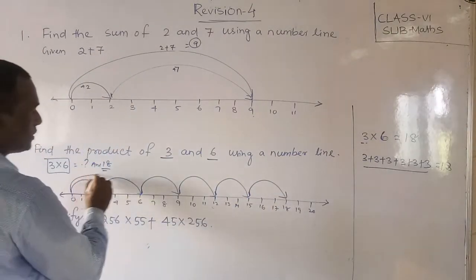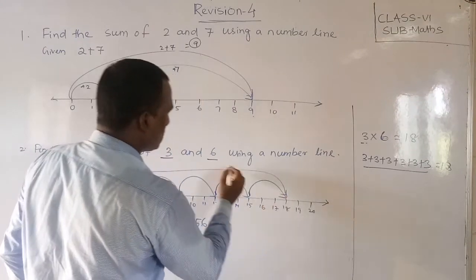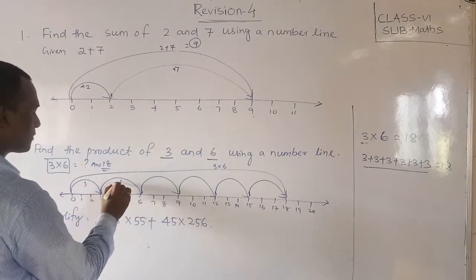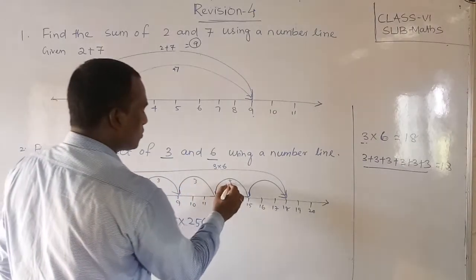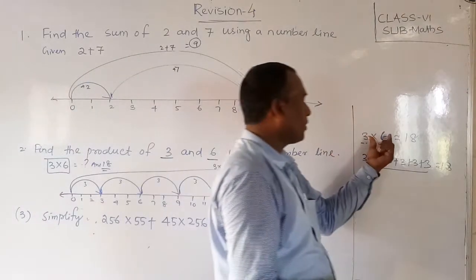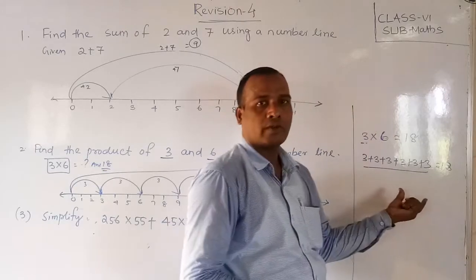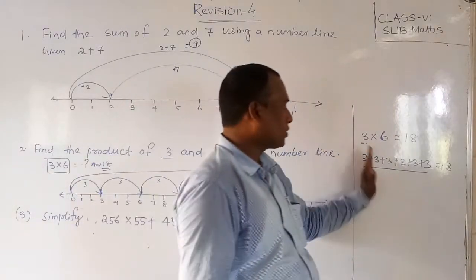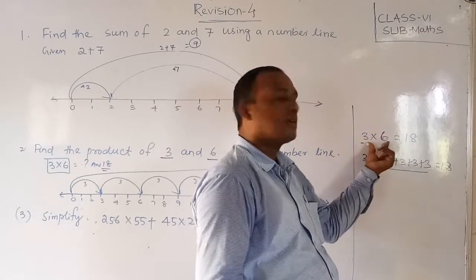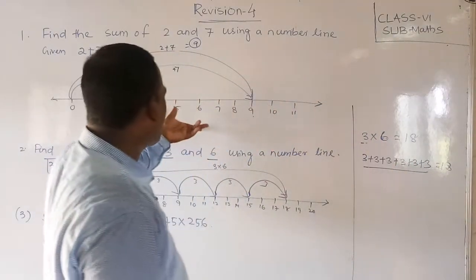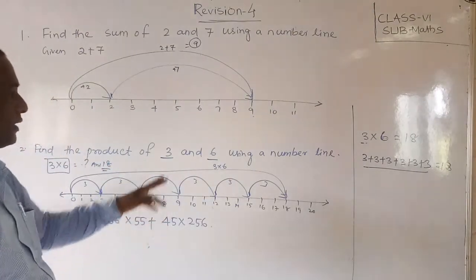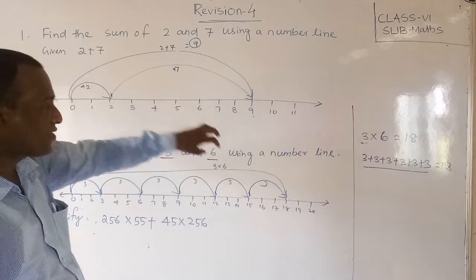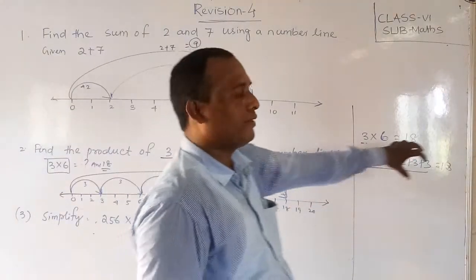So the result is like this. This is 3 into 6, so this is all 3. Are you clear? So multiplication is nothing but the repeat of addition, the repeated addition of the numbers. If we are repeating the addition of numbers, then we can write it as multiplication. Here it has given 3 into 6, which means you have to understand 3 added 6 times.